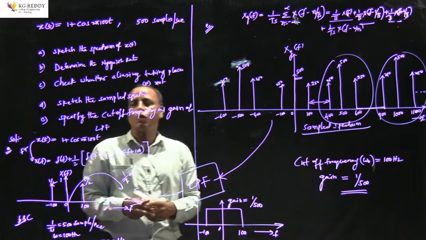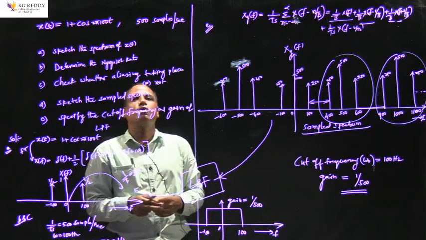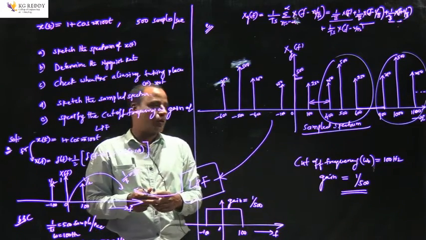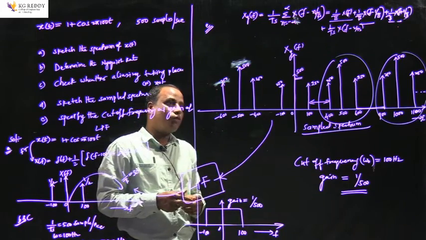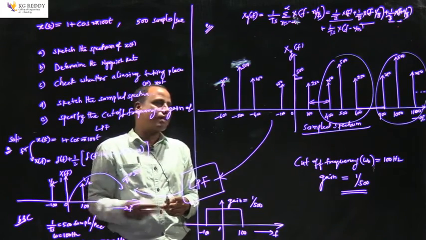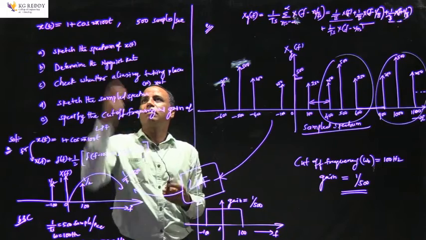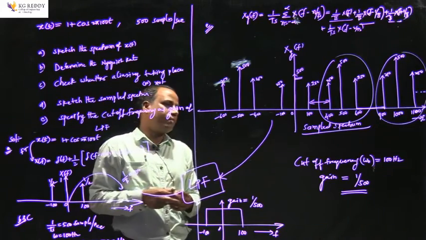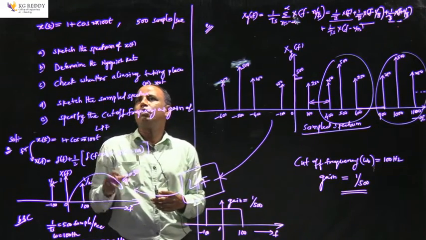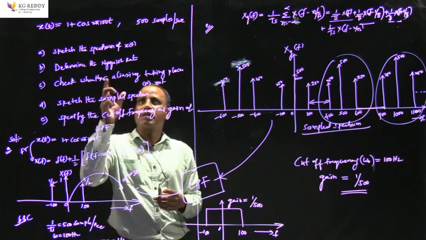So this is the way a sampling theorem can be defined, what exactly is meant by sampling, what the different sampling rates are, and how to sketch the spectrum before sampling and after sampling, with a simple example and a simple problem. I am trying to explain to you how to determine all these parameters for a particular signal.